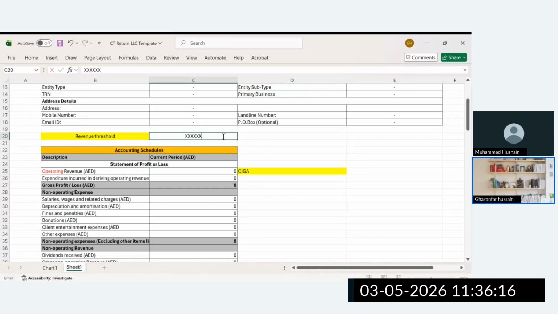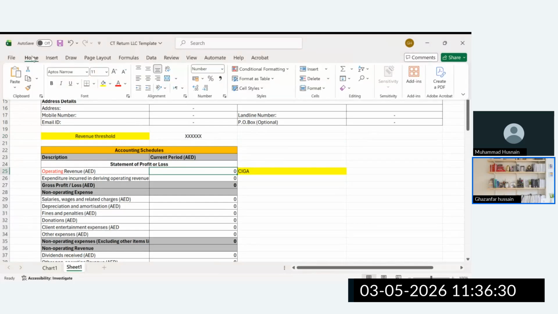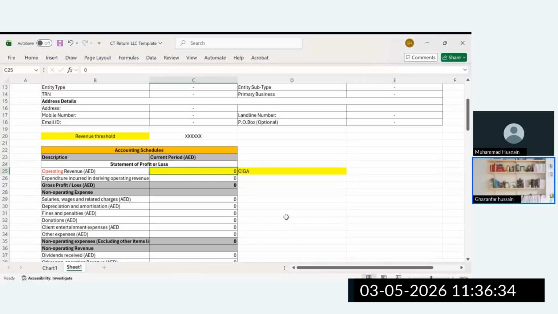We already added the figure, and here we can add our remarks and comments on how the figure came up. Now we are seeing the operating revenue. Where does operating revenue come from? This is our next figure. I hope you've already filled in this figure. Please share the operating revenue figure.